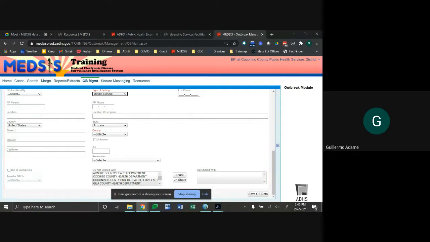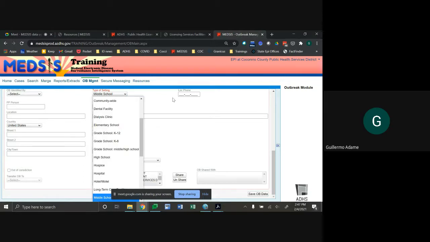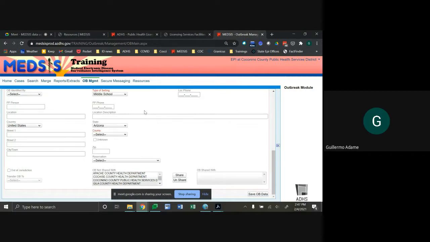If the facility is not licensed but is required to have a license, please indicate such in the outbreak entry, then notify our ADHS Bureau of Licensing, or you can notify us at the ADHS COVID outbreak team. If the type of setting doesn't fit one of the OBM drop-down options, you can select other, and then you can specify in this location description field right below.